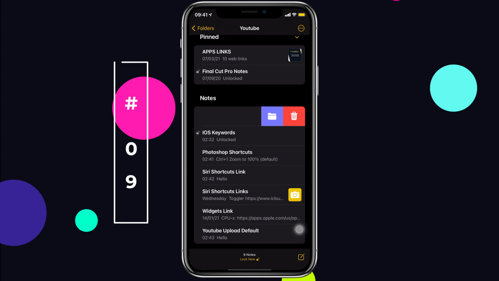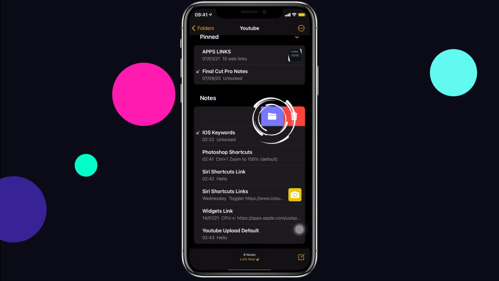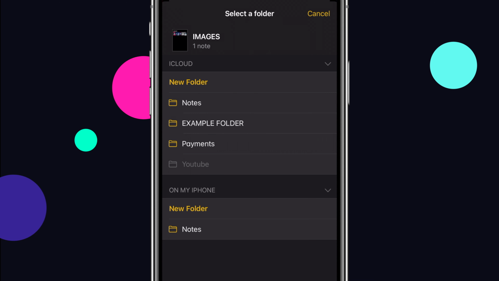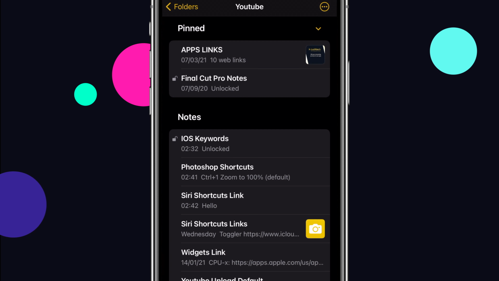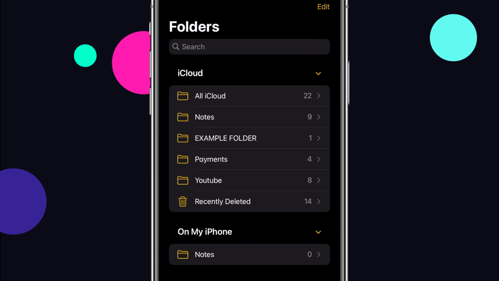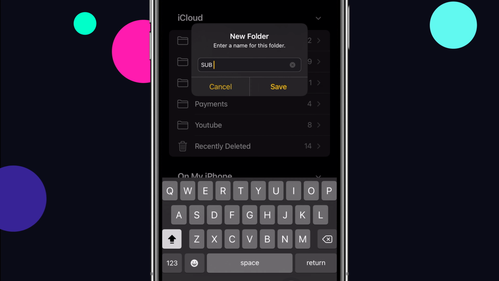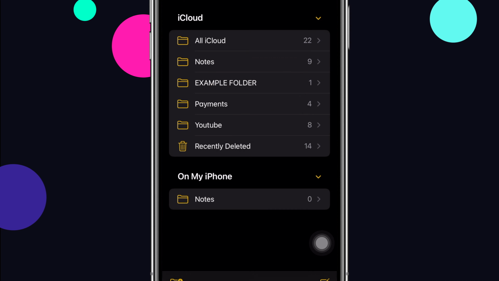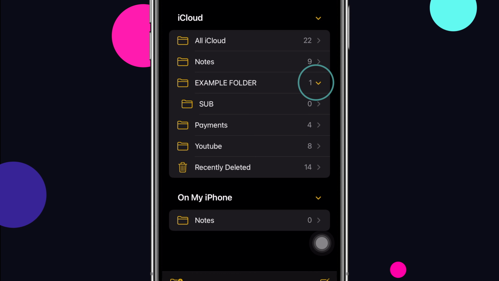Also, sliding towards the right reveals another useful feature. A note can be moved into a folder, either create a new folder or move it to an established folder like I have here. Makes organizing so much better. This is moving a note to a folder, but the best part is that I can create a new folder and drag it onto another folder, and that will make it a subfolder, which you can access by tapping on the small arrow kind of thing.